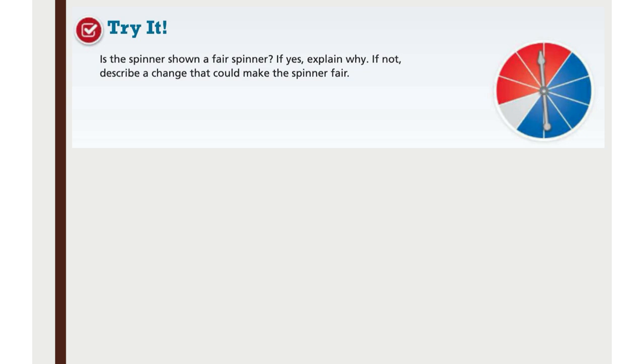How could we make it completely fair? Fisher? If we made all the colors the same. Okay, we could make it all the same color. Then it would actually be a certain wheel. How could we make one change on here and have it fair? Oh, make that gray spot red. Yeah, we'll make the gray spot red. And now it's fair. It's also what else? It's also equally likely. It's back to that 50-50. Good.